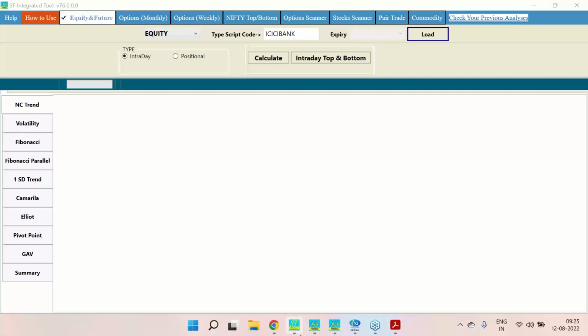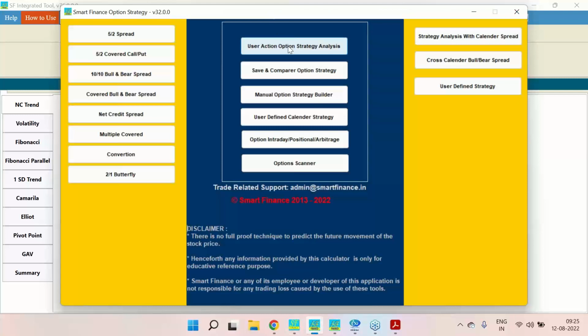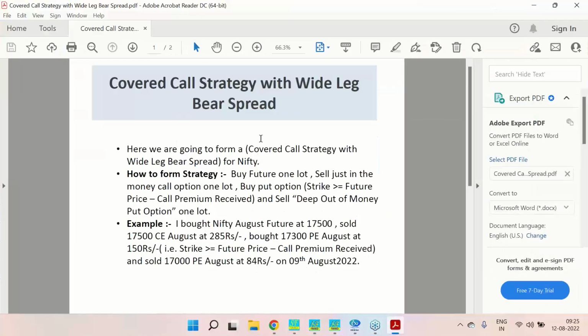Followed on, Prem will discuss the option strategy. One of the option strategies we are going to initiate today is the covered call strategy with wide leg bear spread. So this is one of the strategies. The 22 best option strategies I have authored in my book, Master's Key to Futures and Options. This is one of them. So Prem will discuss what this strategy is, how to initiate it in our option strategy software, and further to clone this strategy, how it has performed in the earlier month, that also he will be showing. And